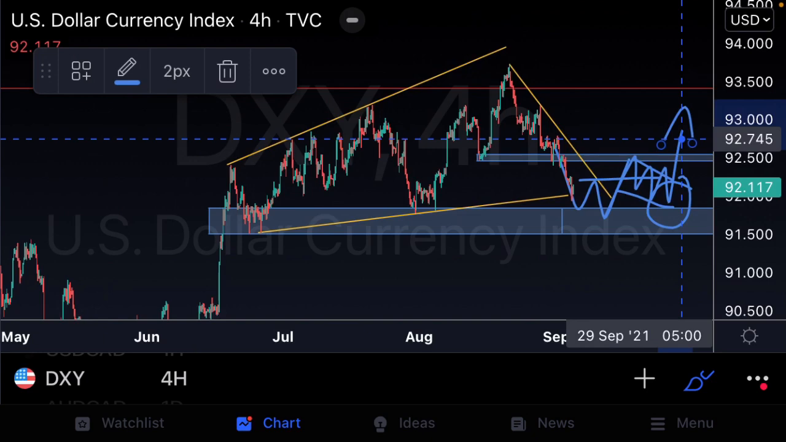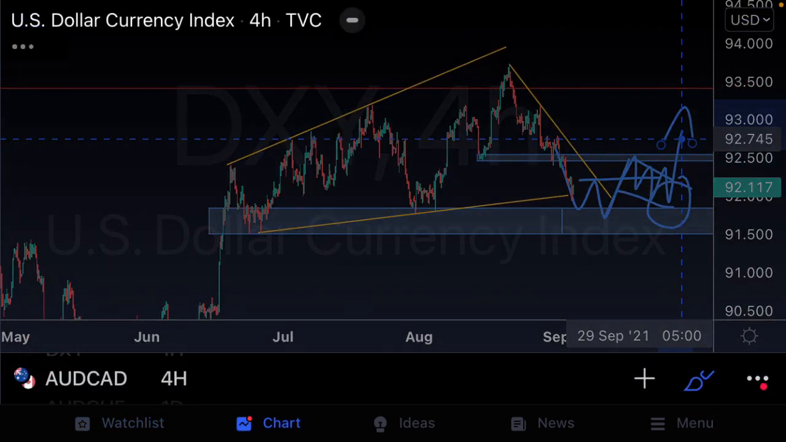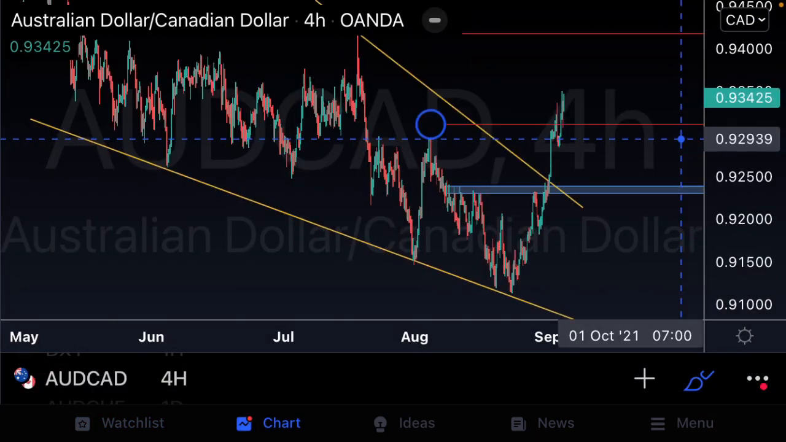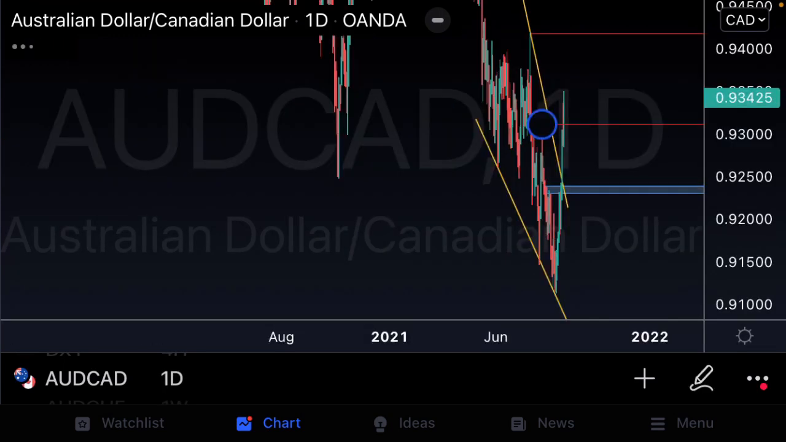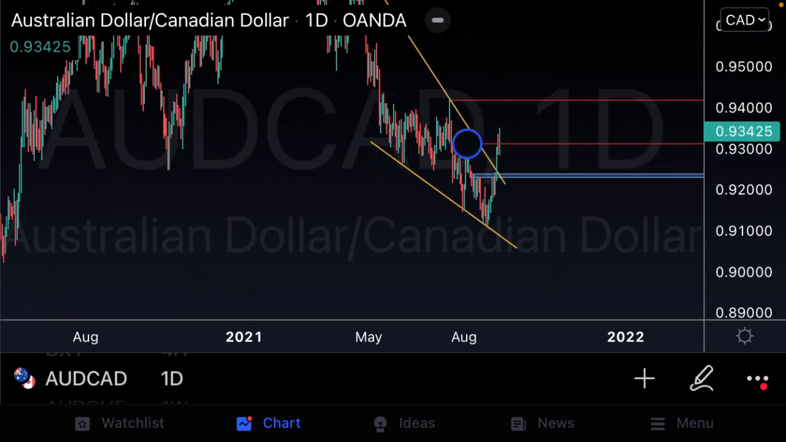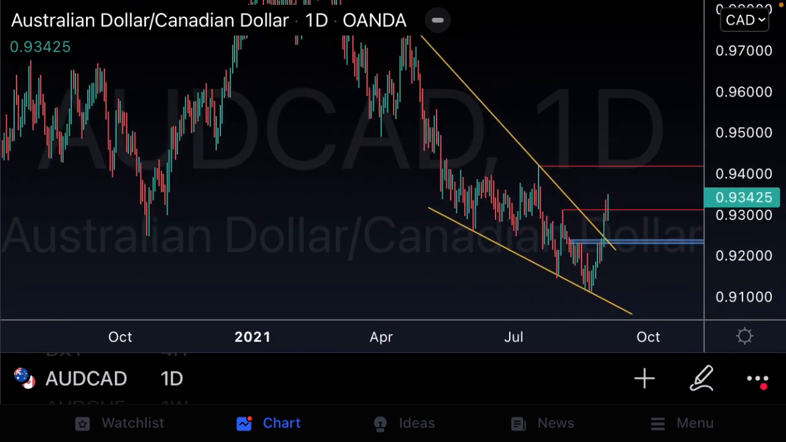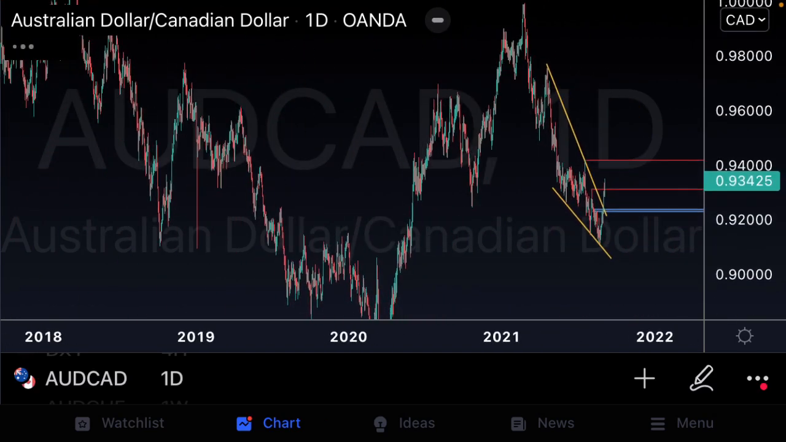Now that we've looked at the DXY, guys, let's go on to the next pair that we're going to have a look at, and that is Aussie CAD. Now let's start off on the daily just so that we can get a quick reference as to what's been going on. So guys, on AUDCAD, if we just scroll out and we look at some higher time frame structure,